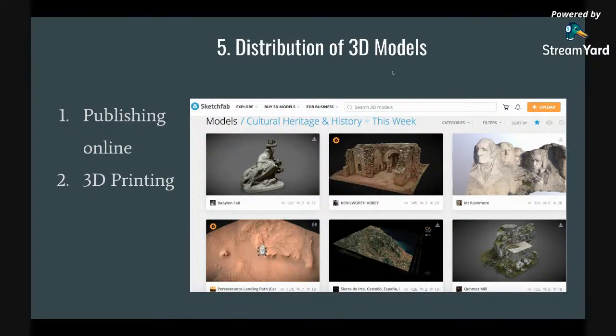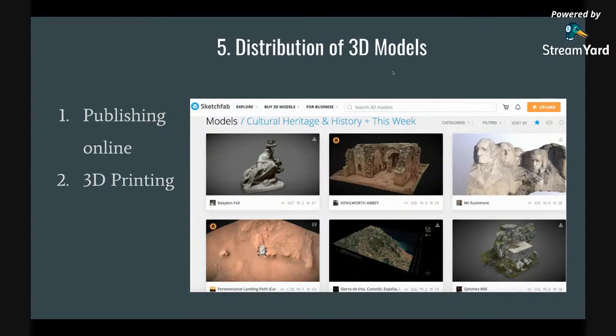And one way of doing this is simply that the 3D model is a digital file on a computer. It's usually a very large file, but nevertheless it's a file that, like other files, can be put onto a flash drive, or it can be emailed to somebody, or it can be made downloadable from the web, or it can be published in the cloud, or it can be uploaded to a site like Sketchfab,